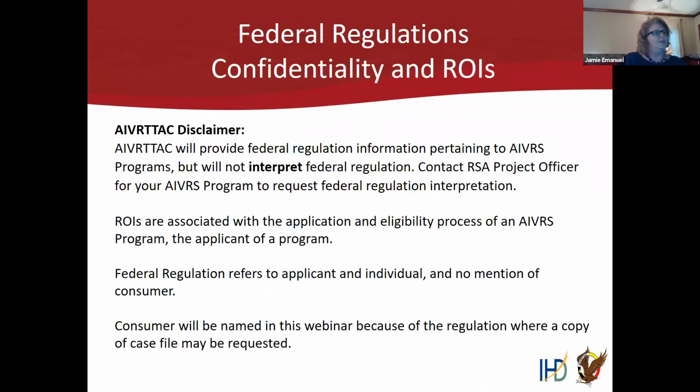Also, ROIs are associated with the application and eligibility process of your AIVRS program, so the applicant of VR services. Federal regulations refer to applicant and individual, but no mention of consumer.